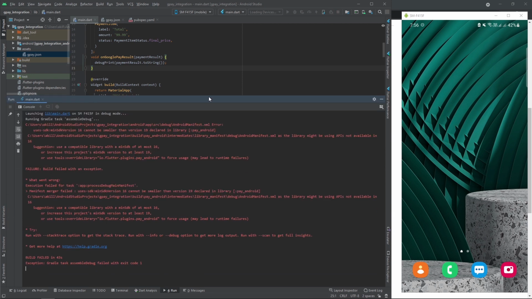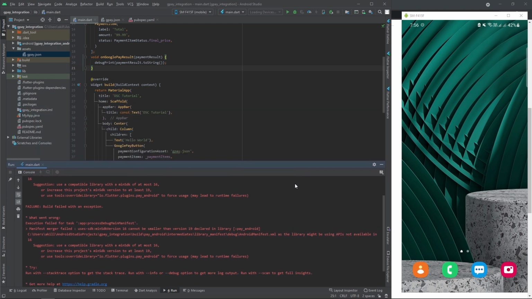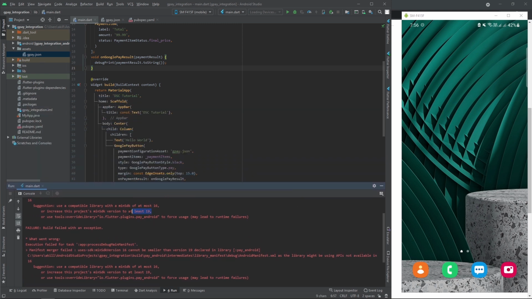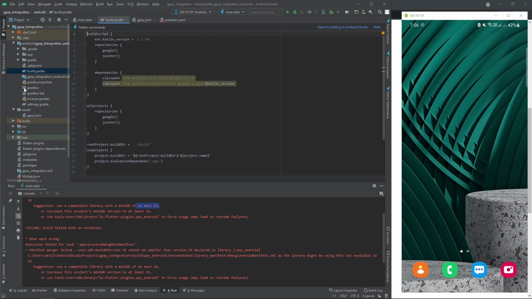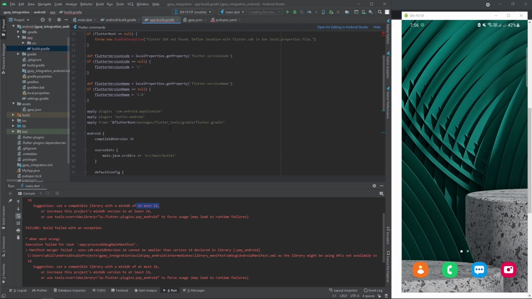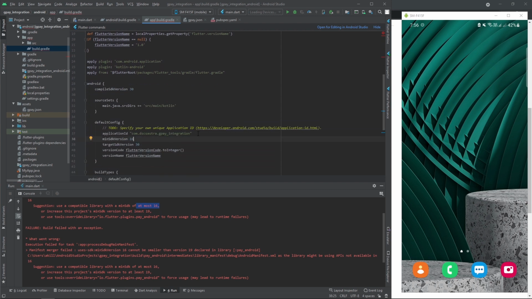Now you can see some errors, right? This error commonly occurs with all of you when you try to integrate GPay in your project. This requires a minimum SDK version of 19. By default it creates 16. So to change the minimum SDK level, let me go to the build.gradle file, which is available in the app section. Let me change my SDK version to above 19, so let me give around 22. Okay, so let me run it again.